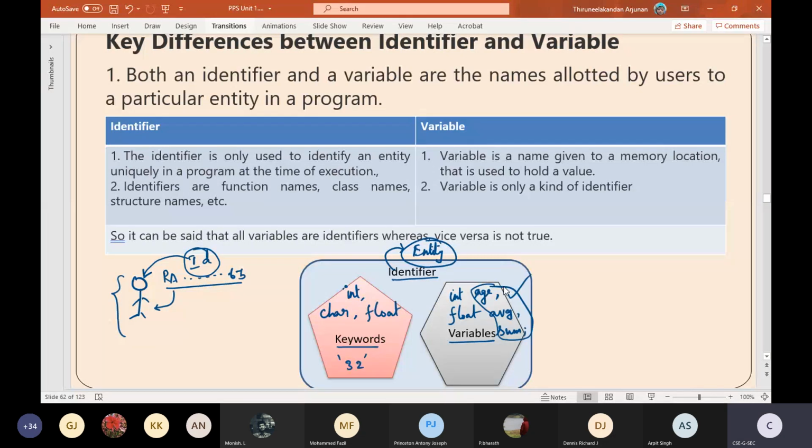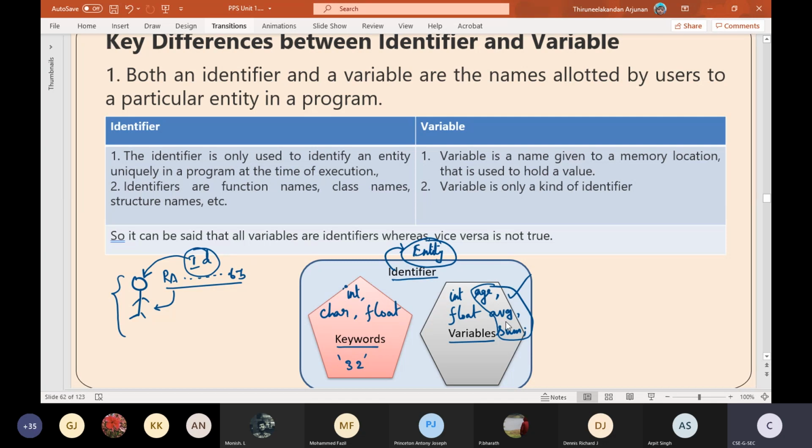Getting this point, students? User defined means that as programmers we are declaring these according to the concept of our program. Whatever logic we require, accordingly we reasonably name the variables to hold some value. These are all called variables.